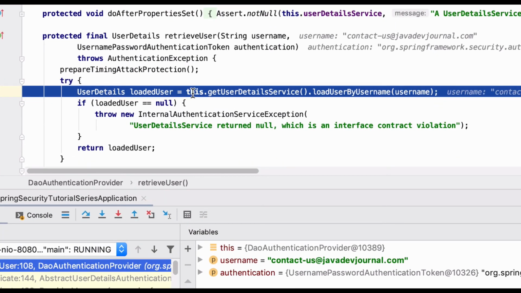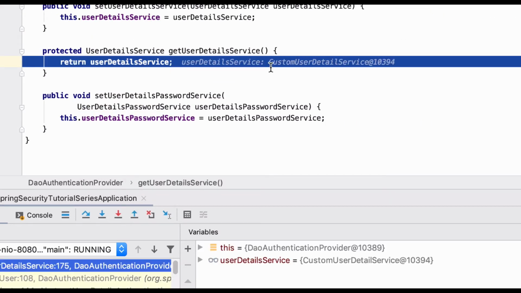Now within our DAO authentication provider, it calls the user detail service and the loadUserByUsername method, right? It's basically calling that method to load the user. And from the last one, we already saw that we injected the custom user detail service.